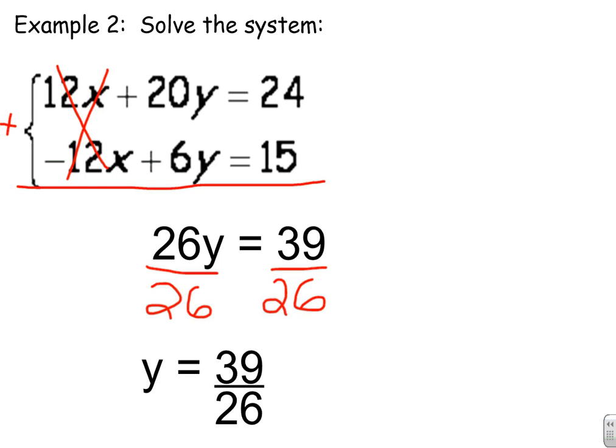We always need to check to see if we can simplify our fractions. Really, we tried 2. Both of them aren't even, so we can't divide them by 2. We could try 3, but 3 doesn't go into 26. 5 doesn't work. Whenever you're stuck trying to simplify a fraction, always go with what are the factors of one of the numbers. I know that 2 and 13 go into 26. Well, 2 doesn't go into 39, but 13 can. 39 can be divided by 13, as well as 26 can be divided by 13, meaning our simplified fraction is